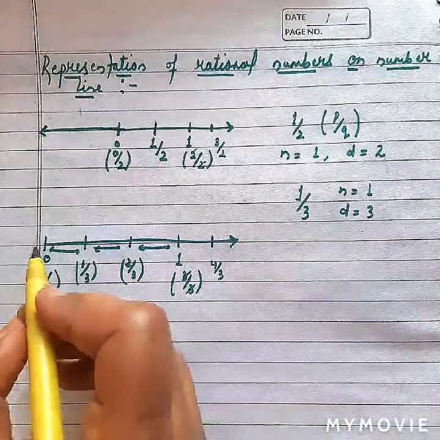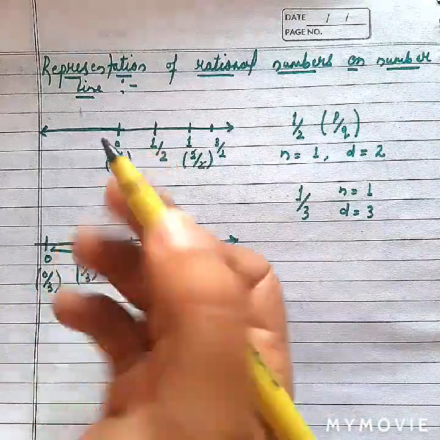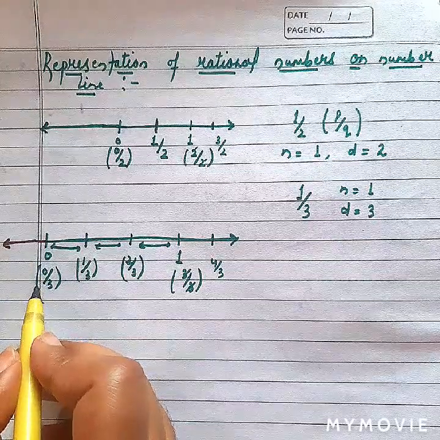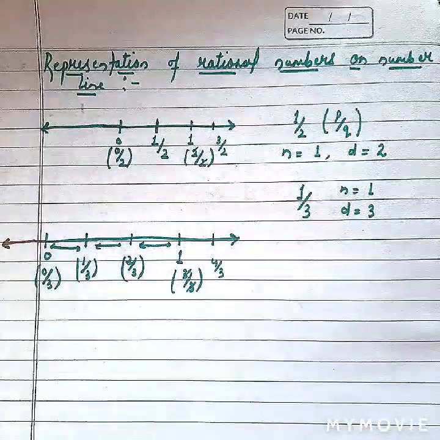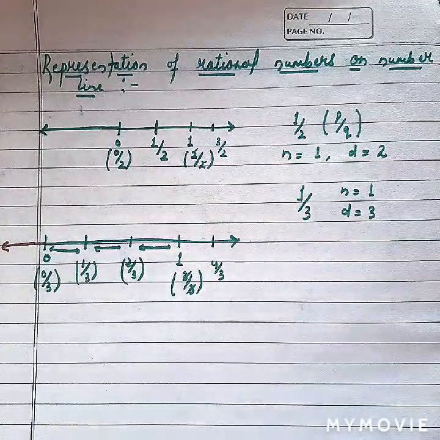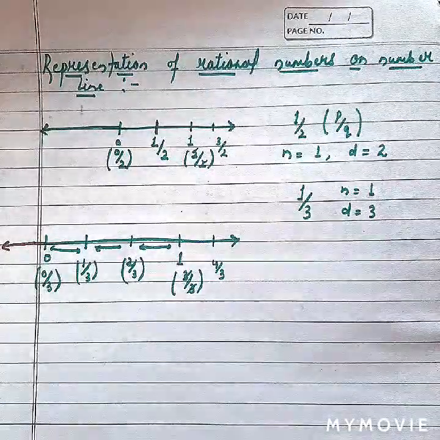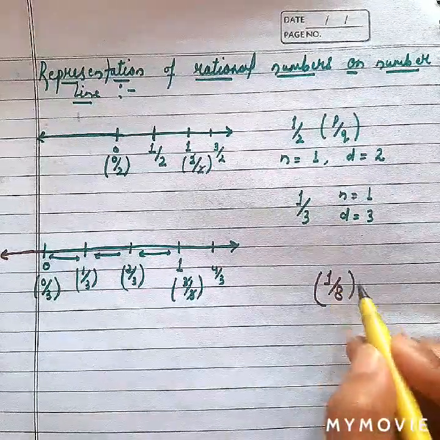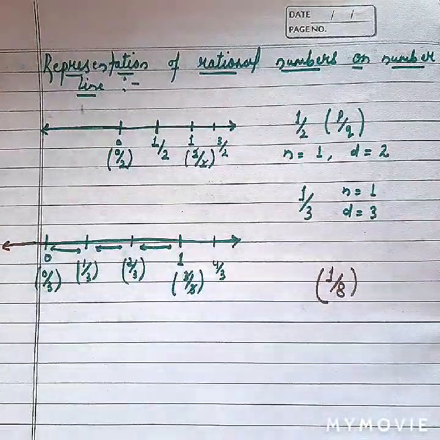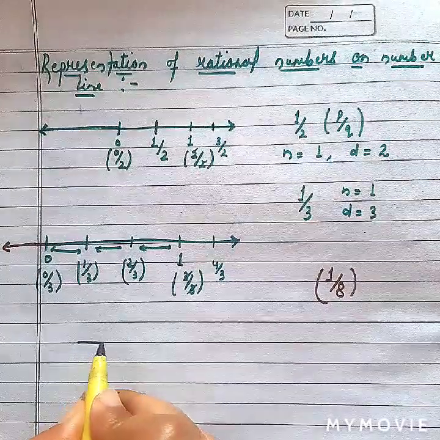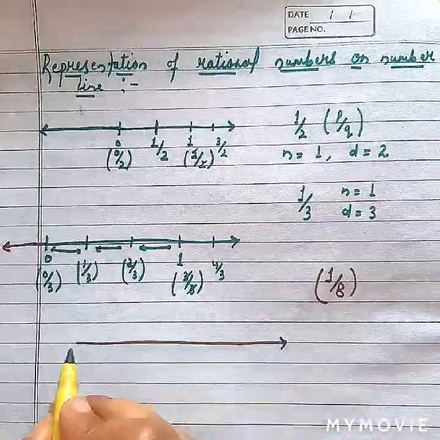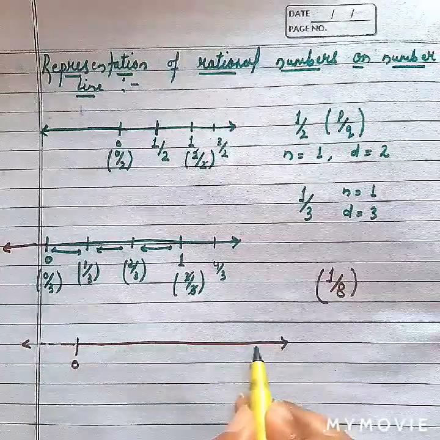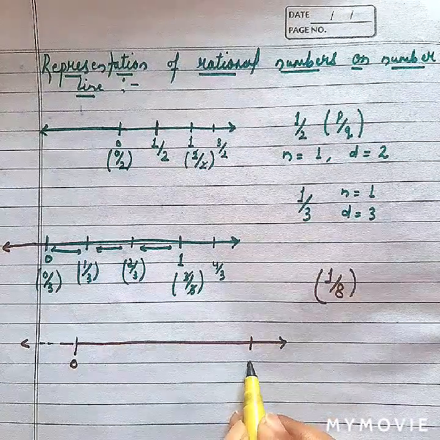In case we have negative values, then obviously we will go on the left side of the 0 on our number line, and we can get negative values also. Fine. And in the same way, for example, I want to represent 1 by 8 on a number line. Then again the numerator is equal to 1 and the denominator is equal to 8. Again I need to represent that unit value. This is 0, and here we will get negative values. Let us say 1 is over here.